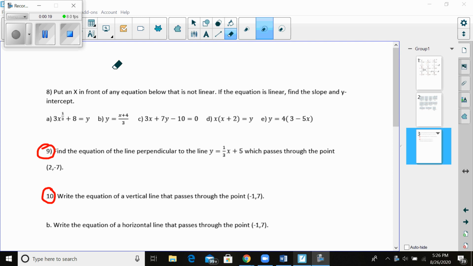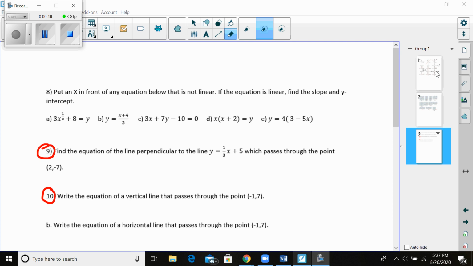So please pause the video and just go through and, what does your gut instinct tell you about each of these equations in A, B, C, D, and E? Okay, so pause this and see what you think. Okay, so if you're back, what I wanted to show you in some of these other slides,